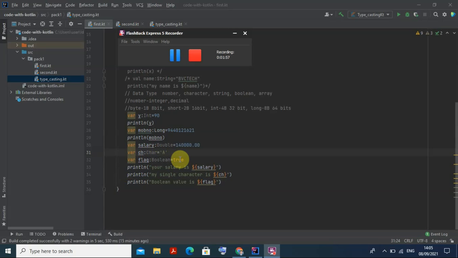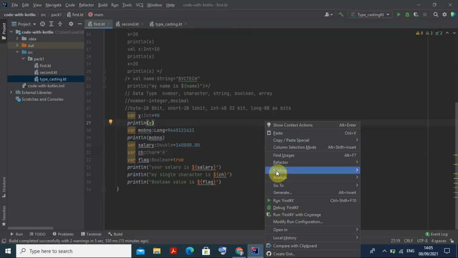Now for all these cases, we print them using println. First I print the salary, then the ch, that is the character, and also the flag. I also print y, because I have already done it here. So I run it, right click and run this program.